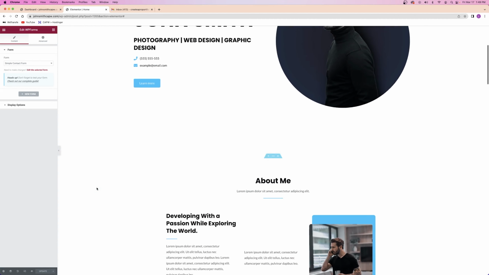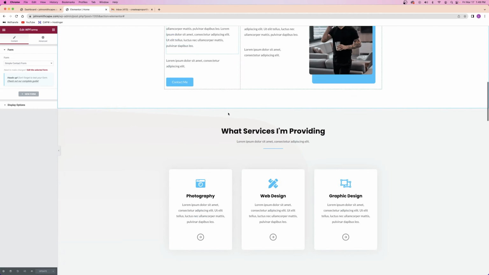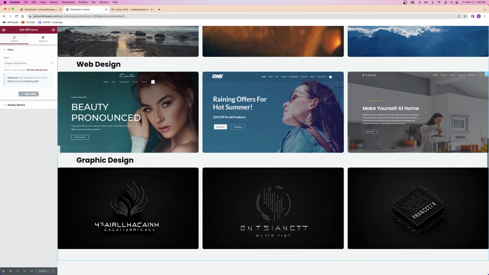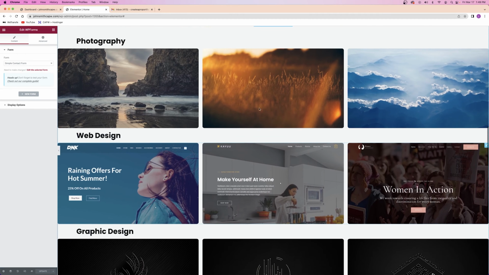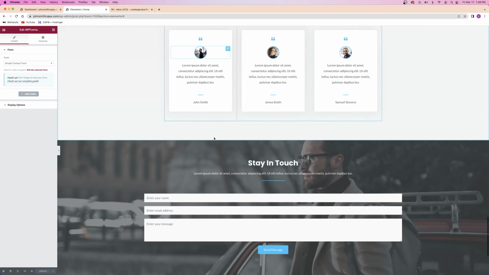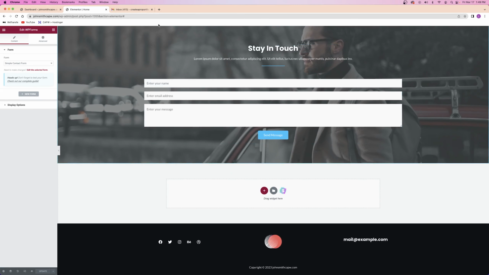I think this website looks absolutely top tier. It is fantastic. This hero section I'm loving. With minimalism being really in style right now, having a minimalistic website like this, where it's just very simple but still clean, just looks fantastic. And then you scroll on down, the about section's cool, services. The portfolio's got to be one of my favorite sections of this entire website. I think it just looks so classy with those 3 image carousels. And then you scroll on down, we got work experience, my clients, or the testimonials, I mean, and the contact form. So all of that being done, we can go ahead and close out of both of these tabs and